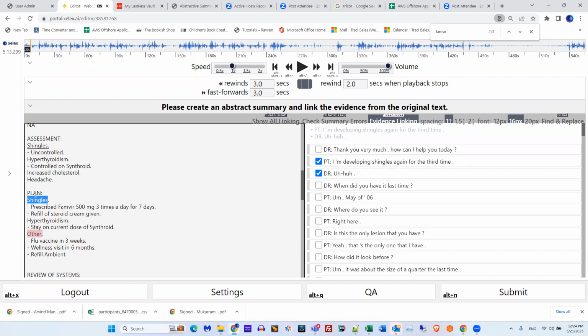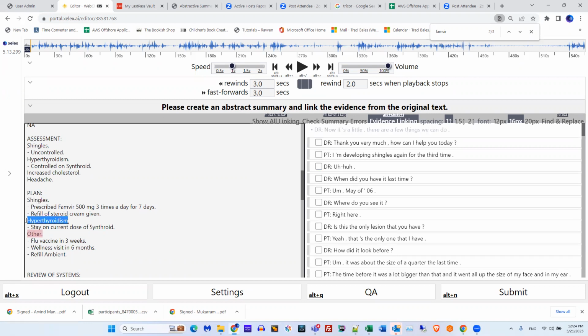Okay, so shingles I have down here, shingles is up here. Hyperthyroidism I have here, it's also up here. Okay, so if you have plan items, they have to be in assessment, the conditions. Okay, you can have assessments that are not in plan, but not the other way around.